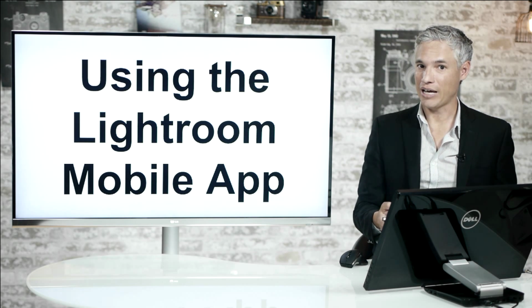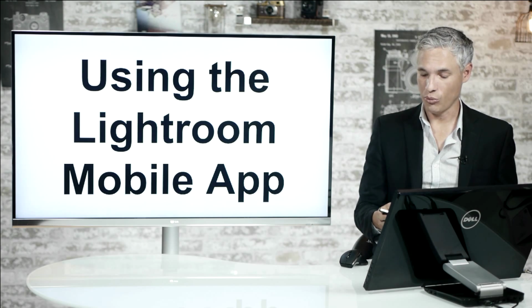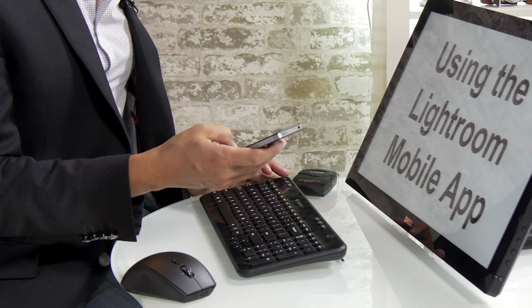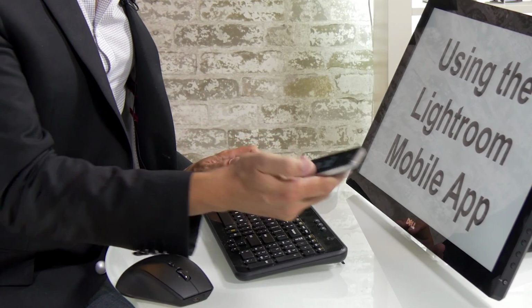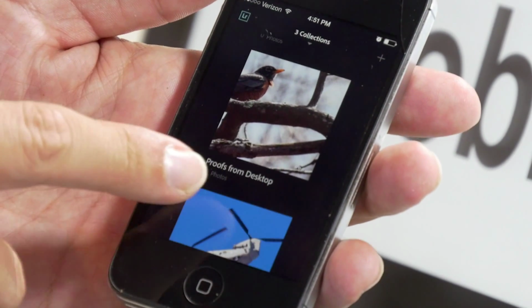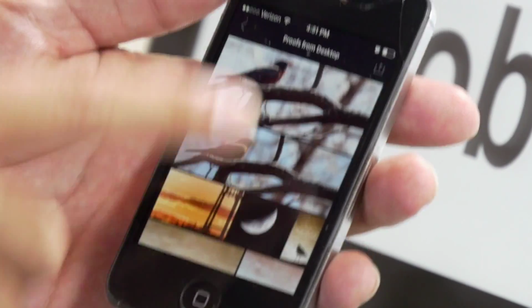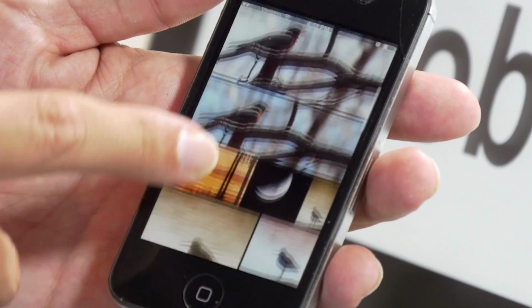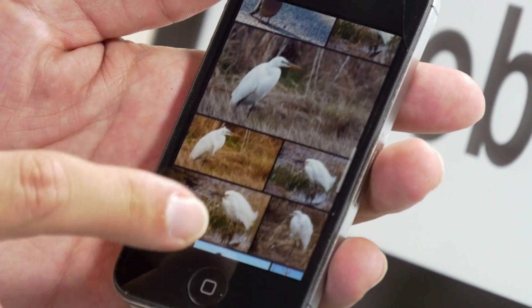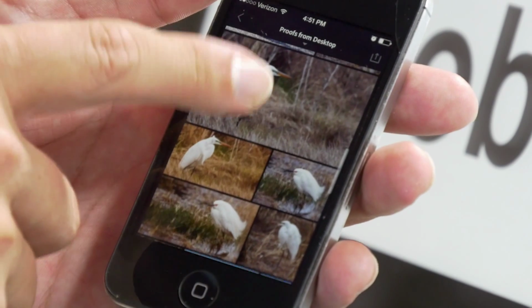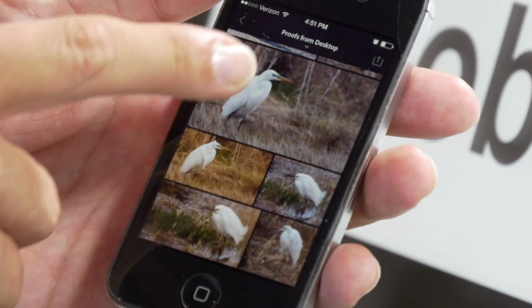But let's take a look and actually switch over to the Lightroom Mobile app. So I'll log in here and open up Lightroom Mobile. You can see that Justin has synchronized a collection called Proofs from Desktop. As I open that, it's going to give a nice display of all the pictures he has on there, and I can easily scroll through them. I can also touch a picture to zoom right into it